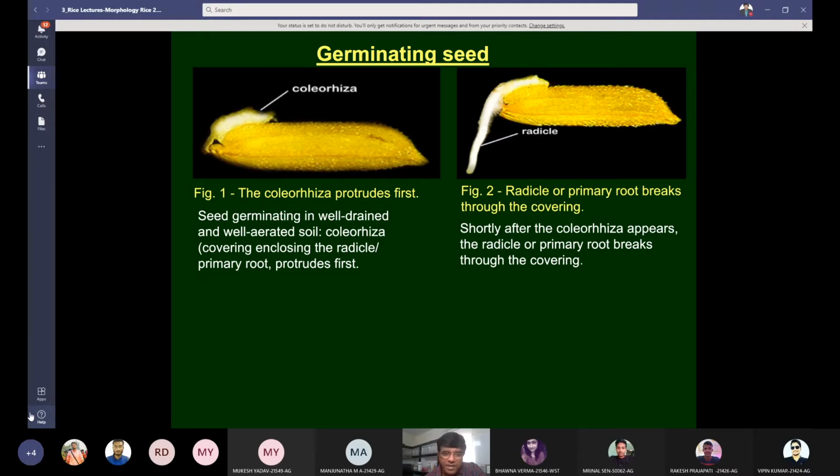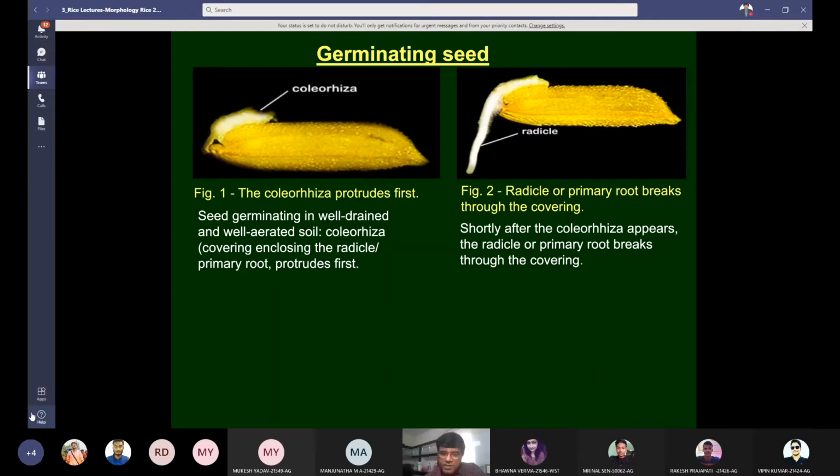So seed germinating in well-drained and well-aerated soil means it is kind of dark soil. Coleorrhiza covering and closing the radicle, the primary root, protrudes first, which means coleorrhiza will come first when you put the seed in soil, that is in dark. Then shortly after the coleorrhiza appears, the radicle or primary root breaks through the covering.